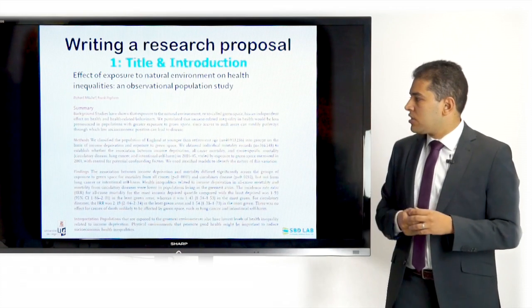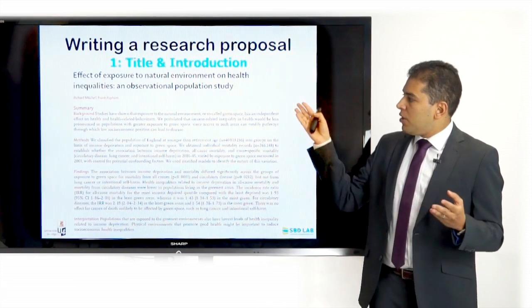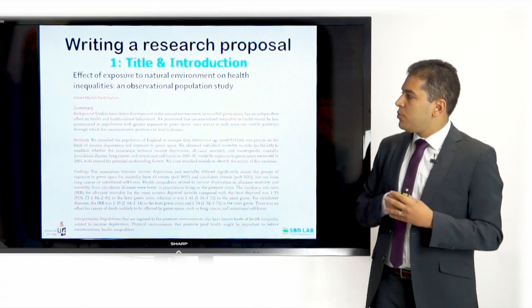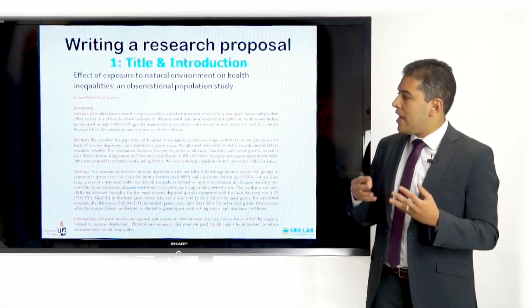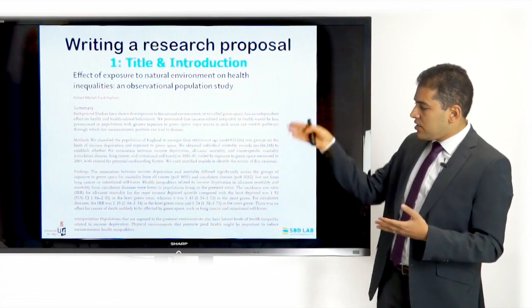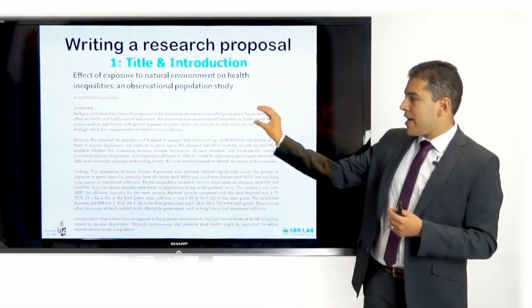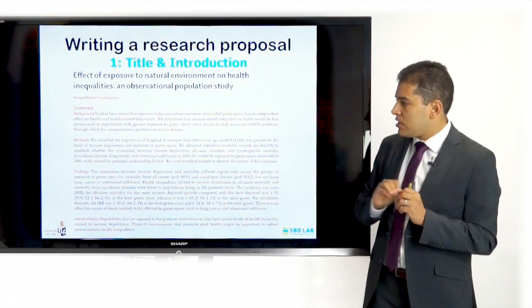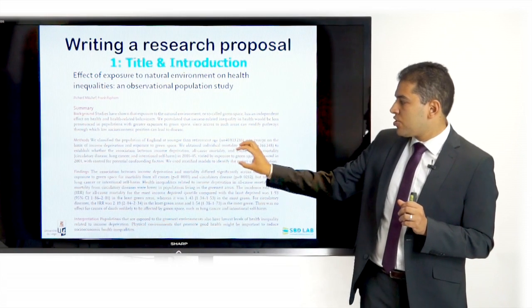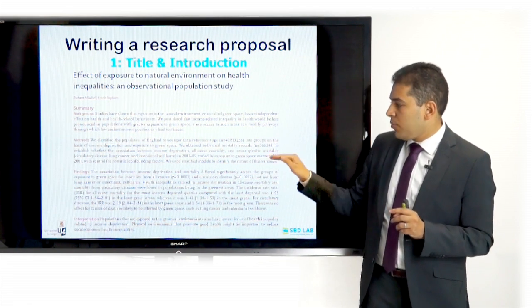Well, let me give you an example. Here is a topic related to health. The topic title is called The Effect of Exposure to Natural Environment on Health Inequalities, an Observational Population Study. As we can see, those words are not exceeding 250 words. We have a background statement, just 2 sentences. We have a methodology fully described: where it has been done, what is the population size, the sampling,